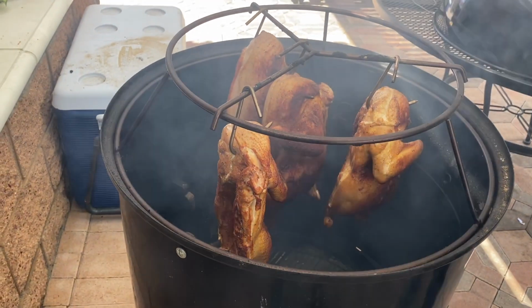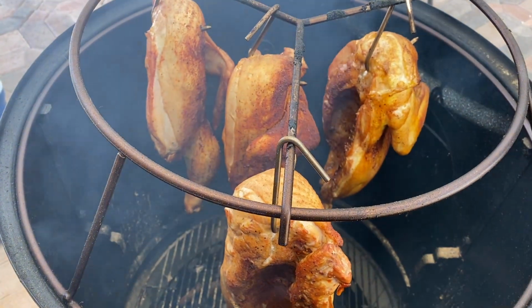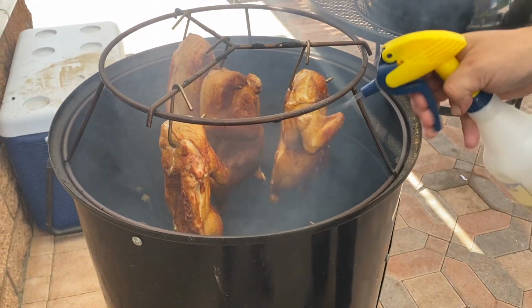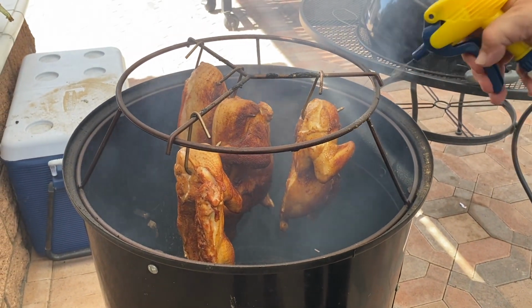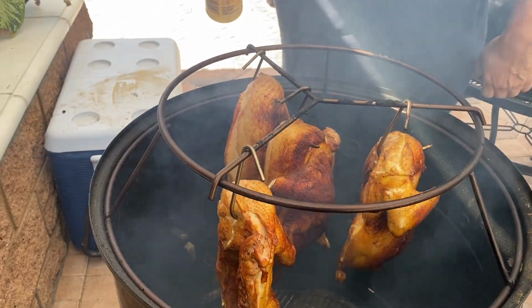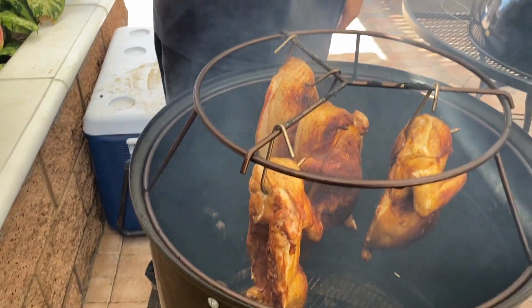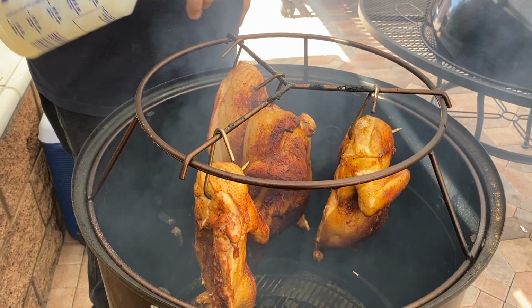Okay, everybody, the chicken is hung. It's been cooking for half an hour. Now we're gonna give it a spray, just to keep it moist. This is just as beautiful as the ribs. I mean, I am amazed at how good this is coming out. And the fire has been around 250, almost